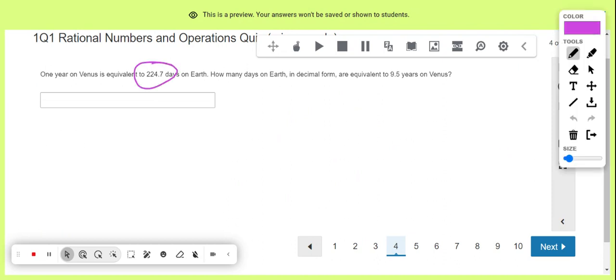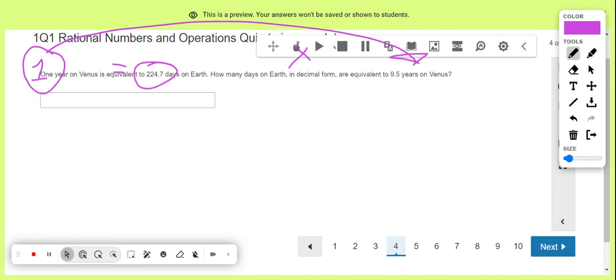Number 4, we have 1 year on Venus is equal to 224 and 7/10 days on Earth. So each year is equal to that many days. So if you're going to change the years by multiplying by 9.5, then you're going to change the days by multiplying by 9.5. So we got